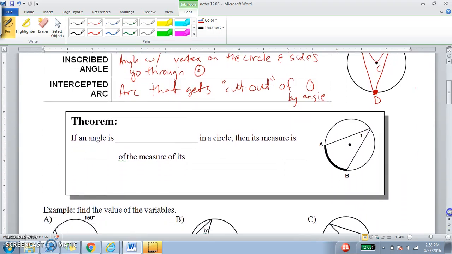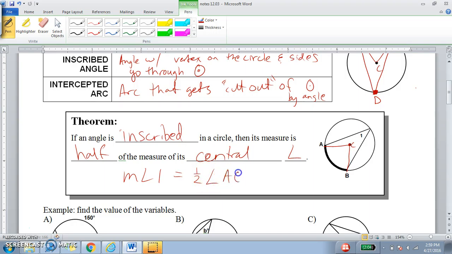All right, so we have a theorem about inscribed angles. It says if an angle is inscribed, meaning the vertex is on the circle and it goes through the circle like this, then its measure is half of the measure of its central angle. Okay, so if I drew in this angle right here, angle A, we'll call that angle 1. So if I drew in angle ACB, the measure of angle 1 would equal half the measure of angle ACB,